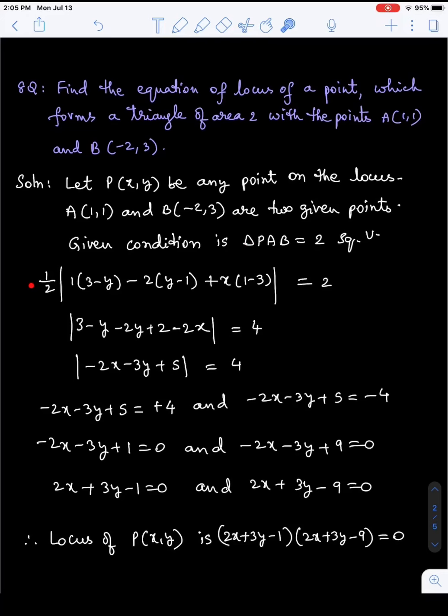Now the formula is applied. Half mod, as in the previous problem we have discussed, the same formula is applied here, so that we get this step is equal to 2. 2 2s are 4, so there is no need of writing my half here. And removing brackets, these are not like terms. You have to multiply every term by 1. 3 1s are 3, y 1s are y.